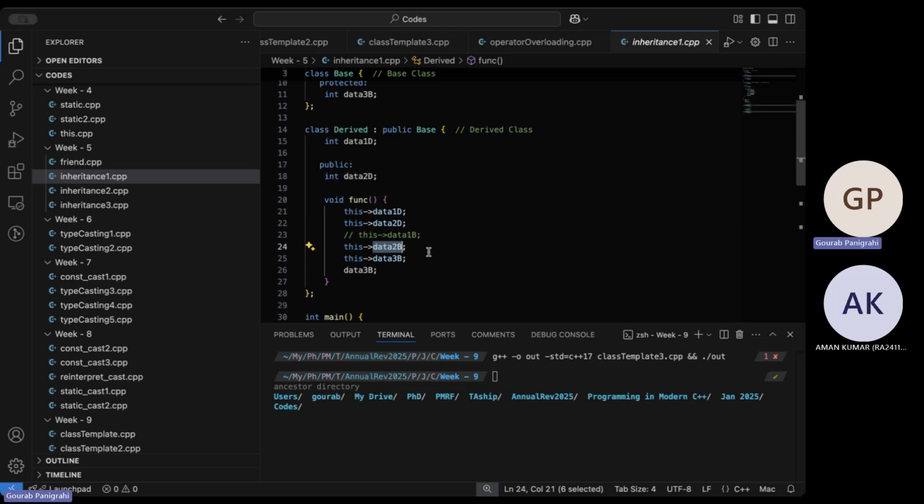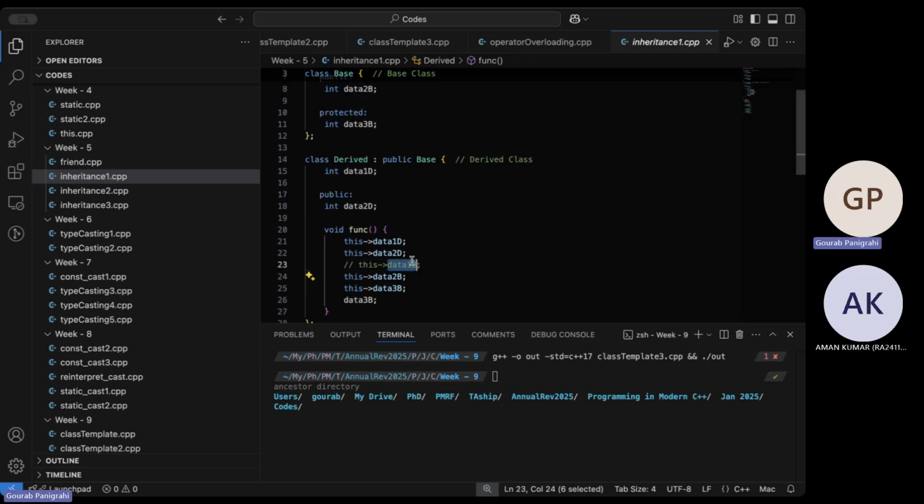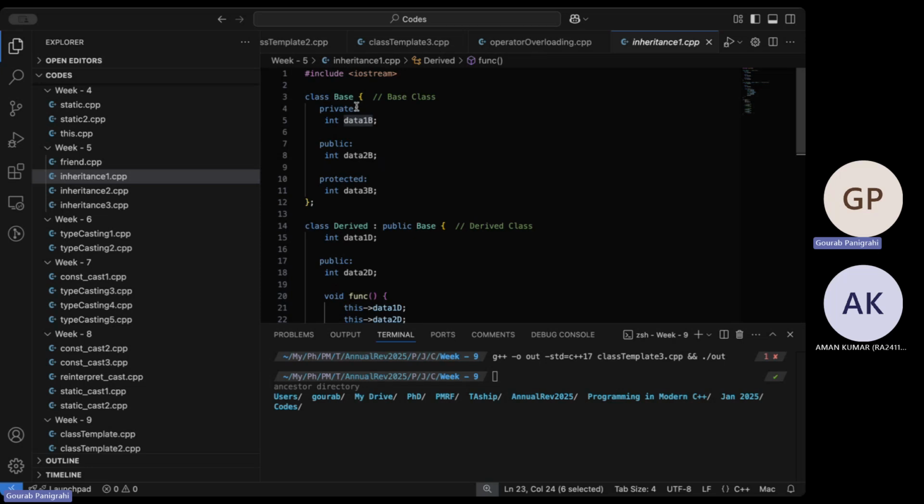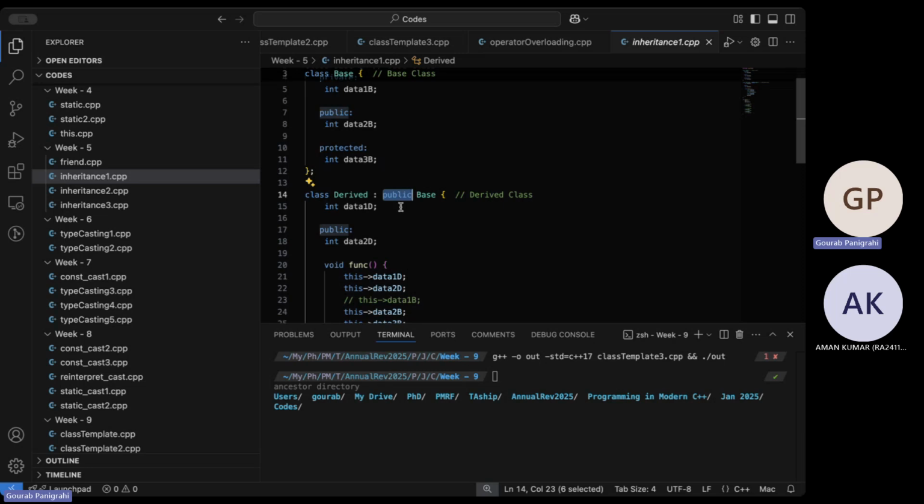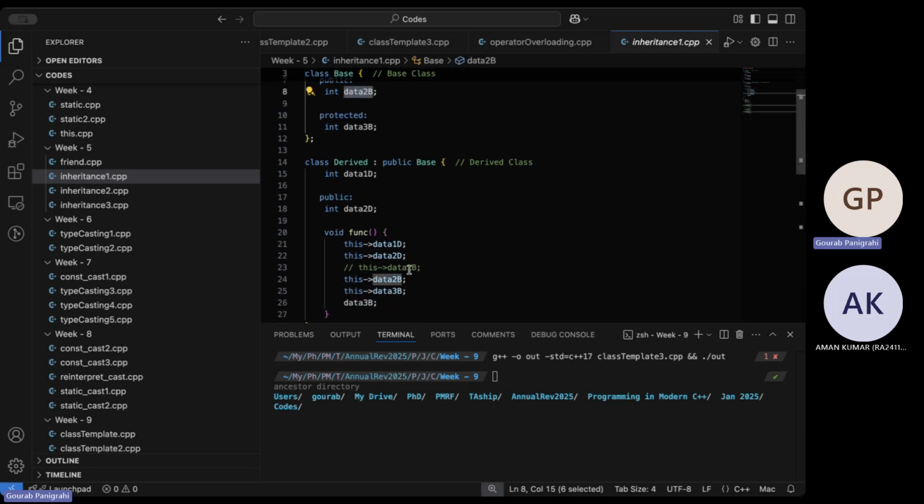The data 2B, now here's the important thing. Data 1B I cannot access because this is private for the base class. So in both cases, whether the word here on line 14 is private or public, one cannot access data 1B. In the case where it is public, data 2B you can access here, yes.